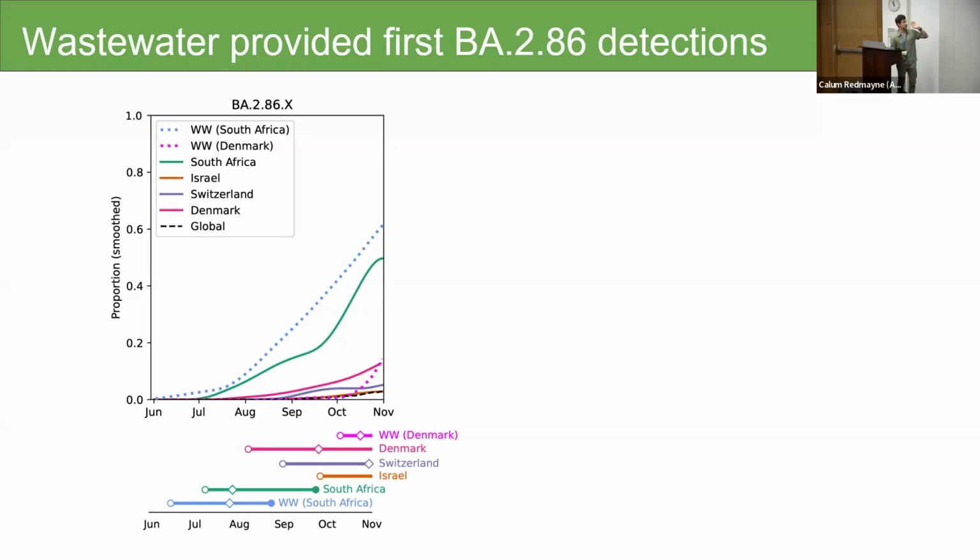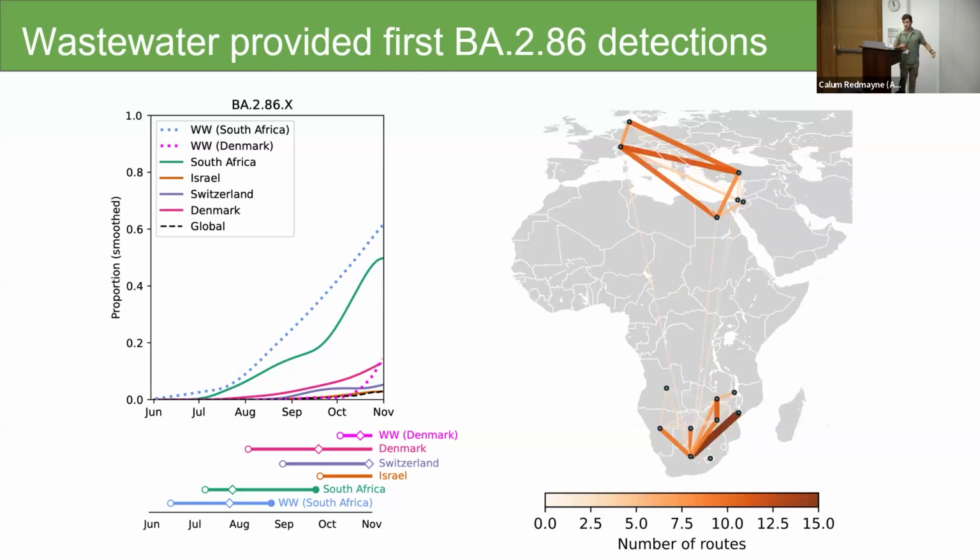And we can see that wastewater provides this early leading curve ahead of clinical surveillance for the BA.2.86 outbreak in South Africa. But mobility data tells us a different story here. Here, we're not able to really get much information as to where BA.2.86 originated from. We know that in Southern Africa, as Bethany was talking about earlier, there's clustering of mobility and travel across the region, but without any more access to see what's happening in those public health or in those communities.